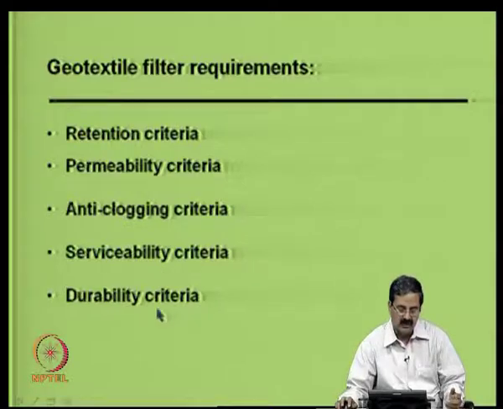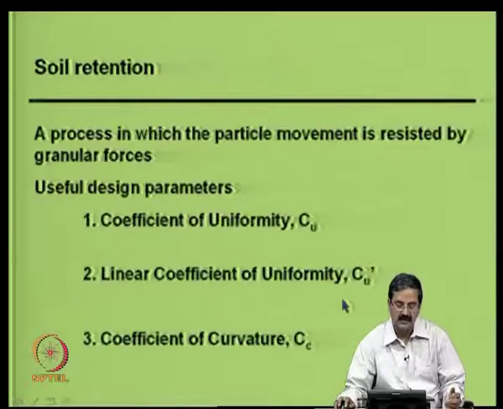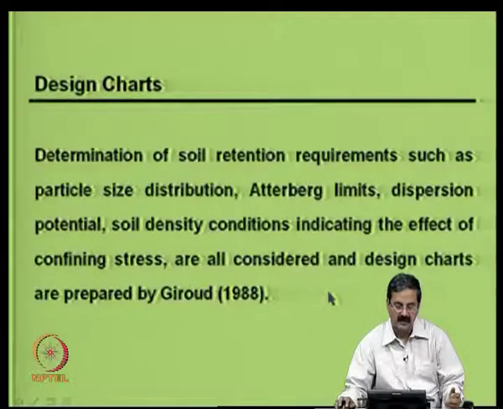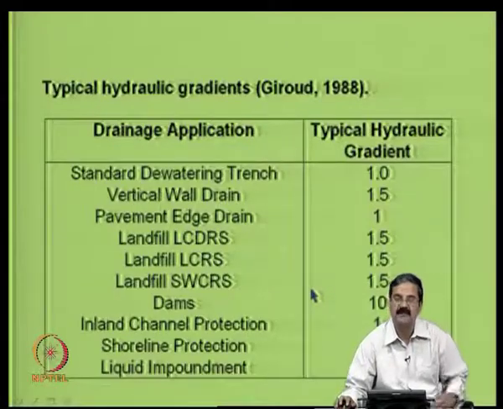So, when you are trying to use geosynthetic material, you should look at serviceability criteria and then durability criteria. These are some parameters that we have seen earlier, like the coefficient of uniformity, coefficient of curvature, and linear coefficient of uniformity in design. And also we have Giroud charts, prepared by Giroud, which are very excellent in giving this